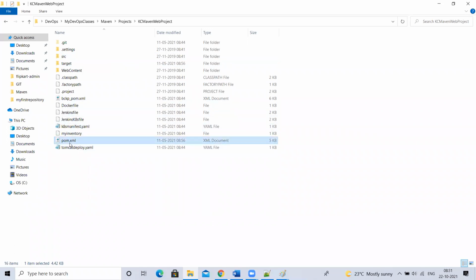Here I have my pom.xml. In this pom.xml, I specify whether I want a jar, war, or ear. If I have specified a war, Maven will read all the Java files here, compile them, and using them it will create a war file. Yes or no?